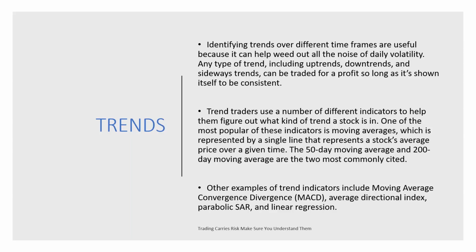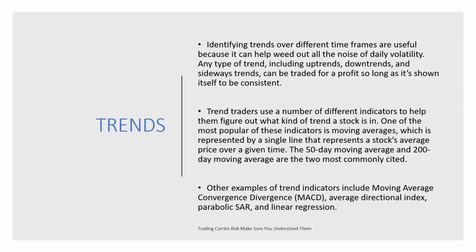Trend traders use a number of different indicators to help them figure out what kind of trend an asset is in. One of the most popular of these is moving averages, which is represented by a single line that represents an asset's price over a given period. Other examples of trend indicators include moving average convergence and divergence, average directional index,